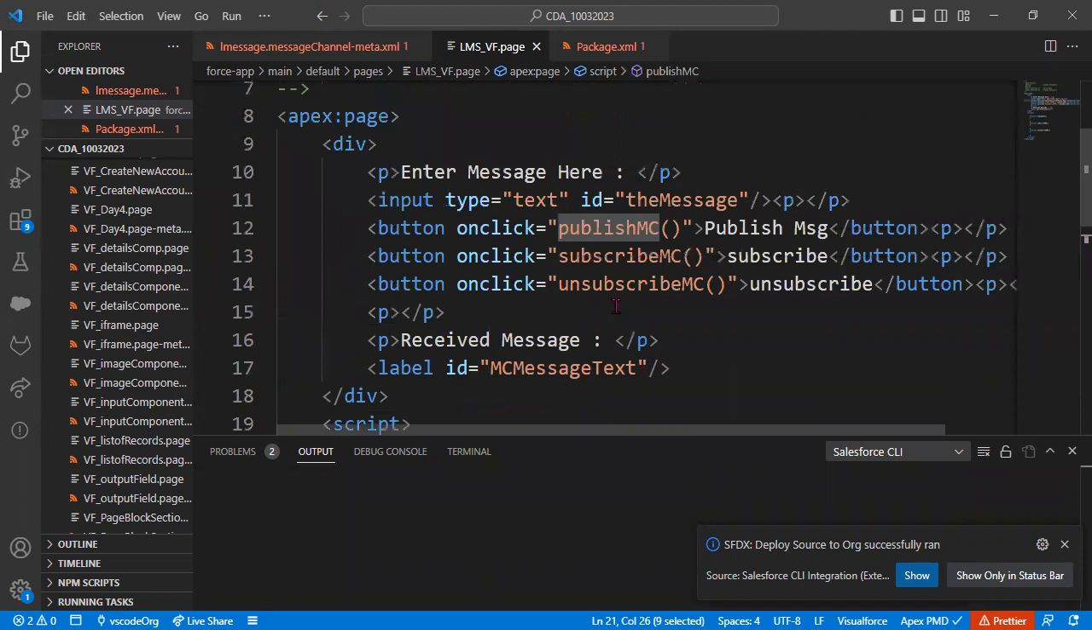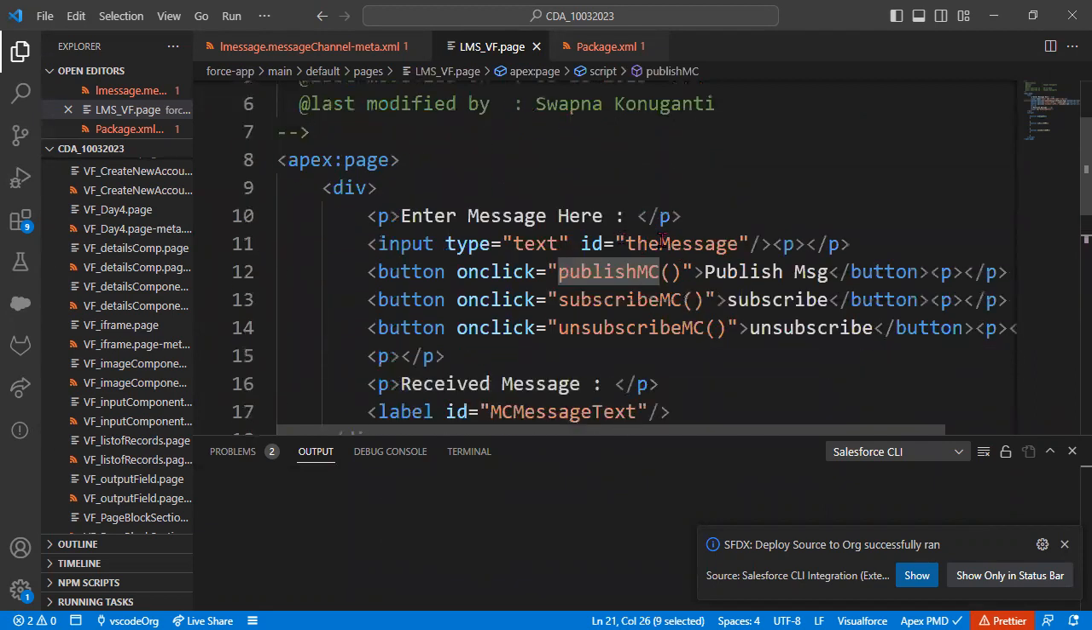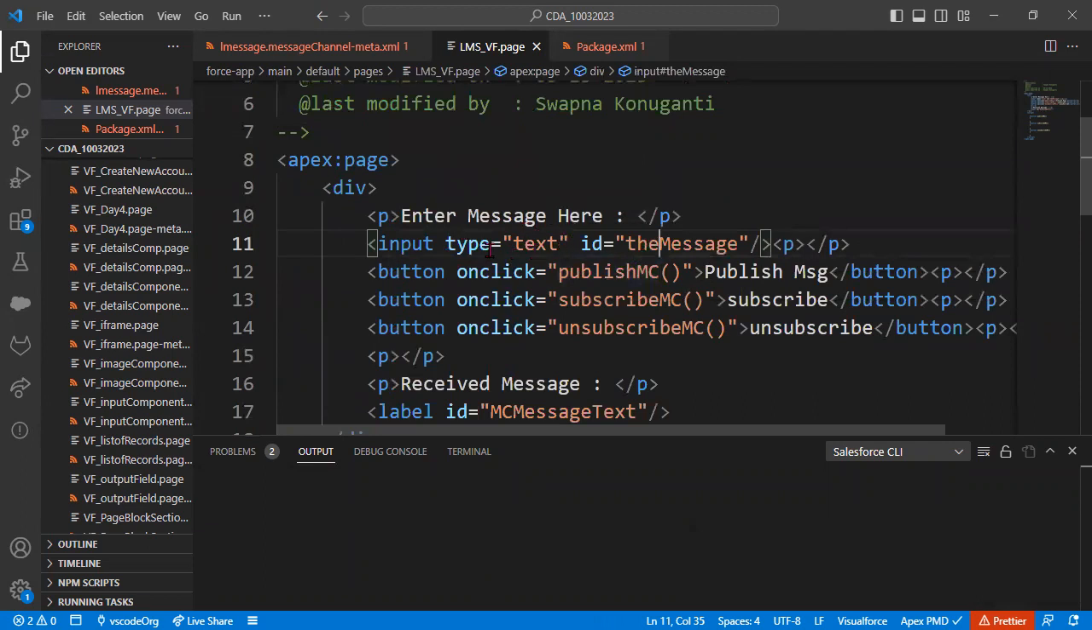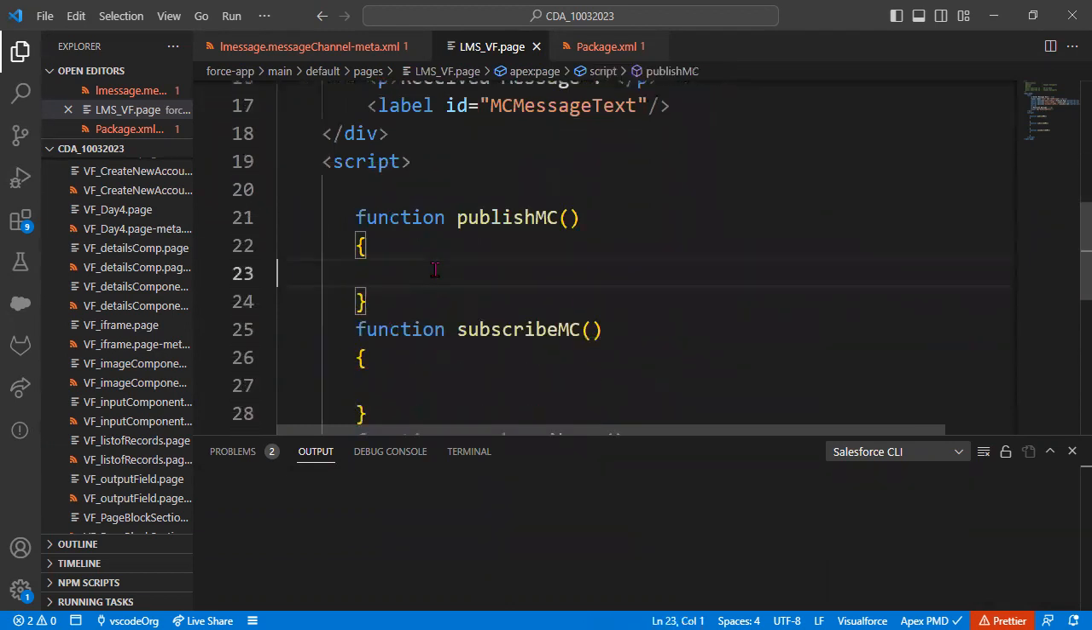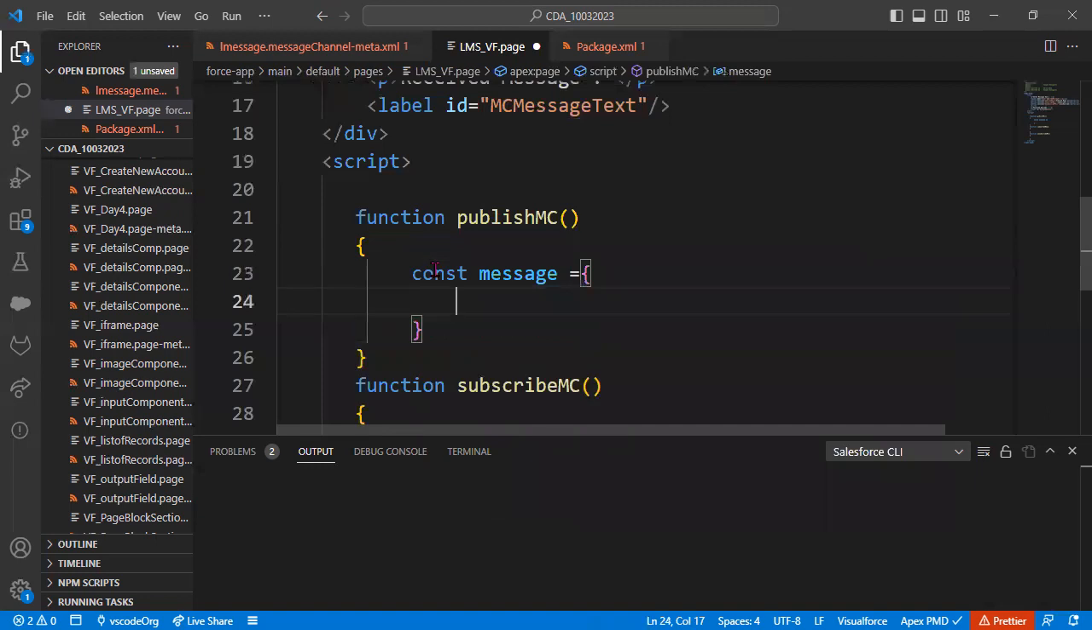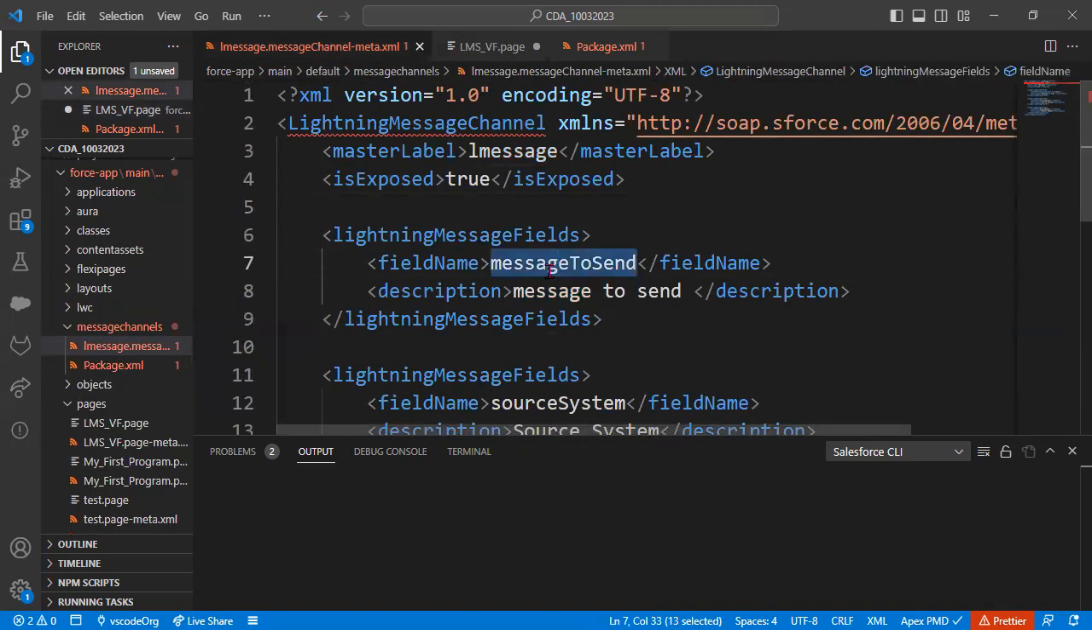So that means the user is entering some data here in the text field. Whenever they enter the data, if I click on publish, I have to send the data to another system, right? So in that case, what I need to do is pass a message. So in this message, what is the data that I'm going to send? The data which I'm going to send is the message to send field,